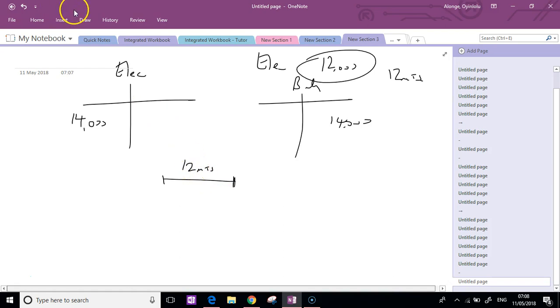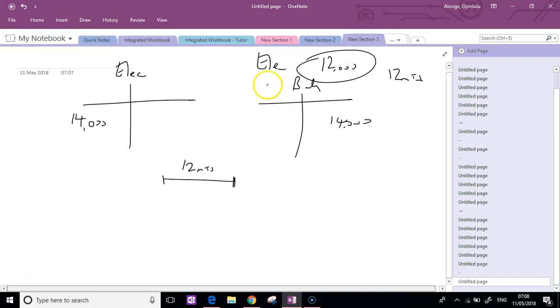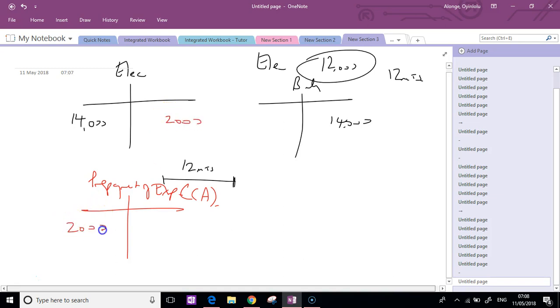I'm going to change my pen color. So what does that mean? In a period of 12 months, you have paid 2,000 too much. So what you need to do is create what we call a prepayment of expense. This is an asset, a current asset. So what you have here is that we have 2 here and we write 2 here. That enables us to transfer